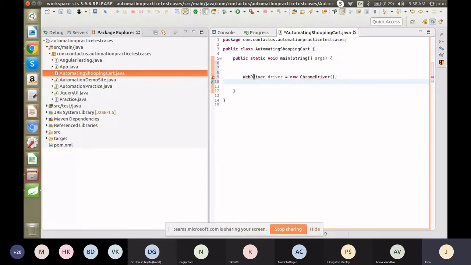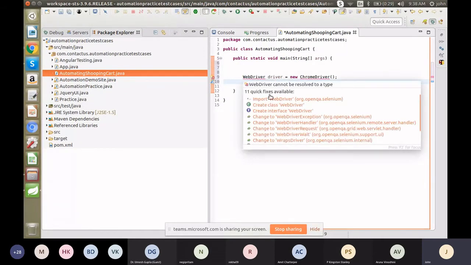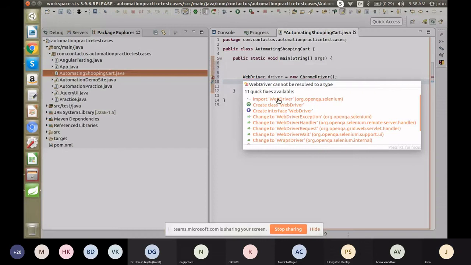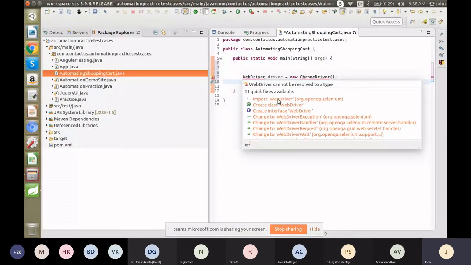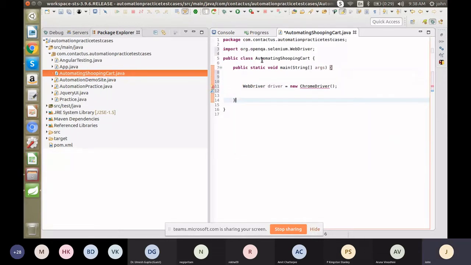If you mouse over this icon, it will show 11 quick fixes are available. So you have to import the package. So we imported the package. Now the error is gone. Also we have to import the Chrome driver package.